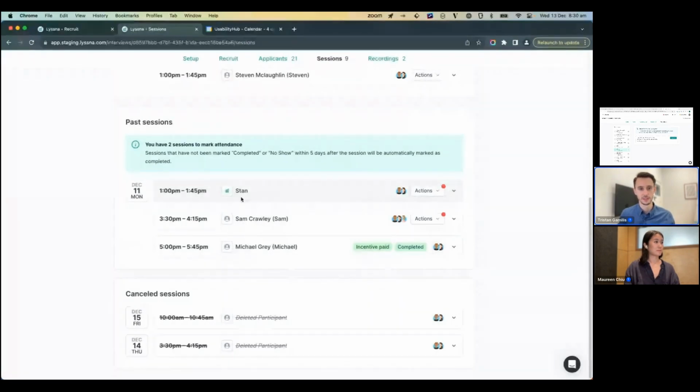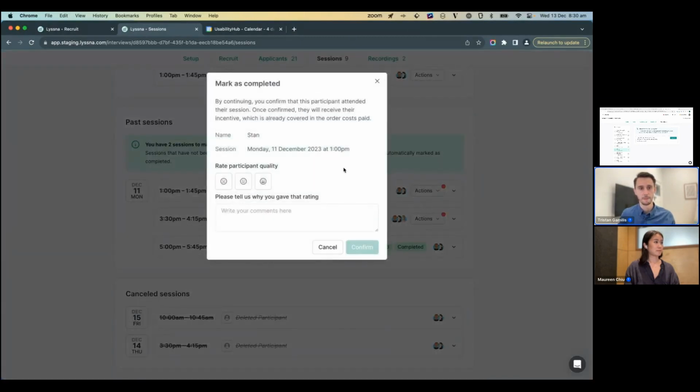From our panel, so this is Stan as a member from our panel. You can see that, by the way, with the little Lyssna logo here is different from the little silhouette. Same process, you just click mark as completed. And then the steps are just a little bit different. You can, first of all, rate the quality of the participant. So this really helps us to know who on the panel is a good interview participant. So let's say that this was good, and you can provide some feedback too,